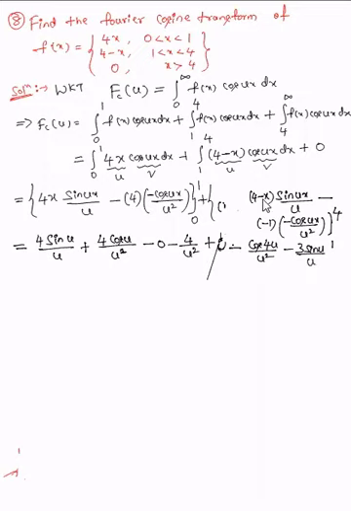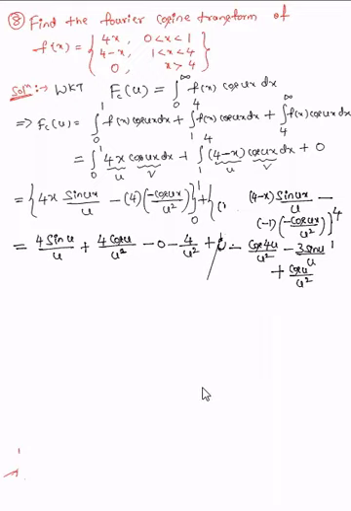So x is 1 means 4 minus 1, 3, 3 sin u by u. Then minus, right, here minus. See this minus into minus plus, plus into minus minus, minus into the outside minus, it is plus. X is 1 means it is cos u by u square. We get this. Right, this is by substituting the limit.